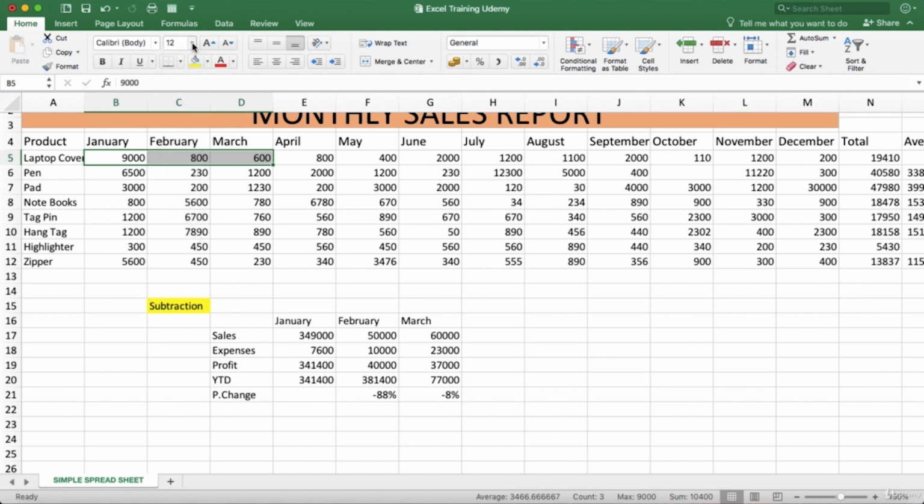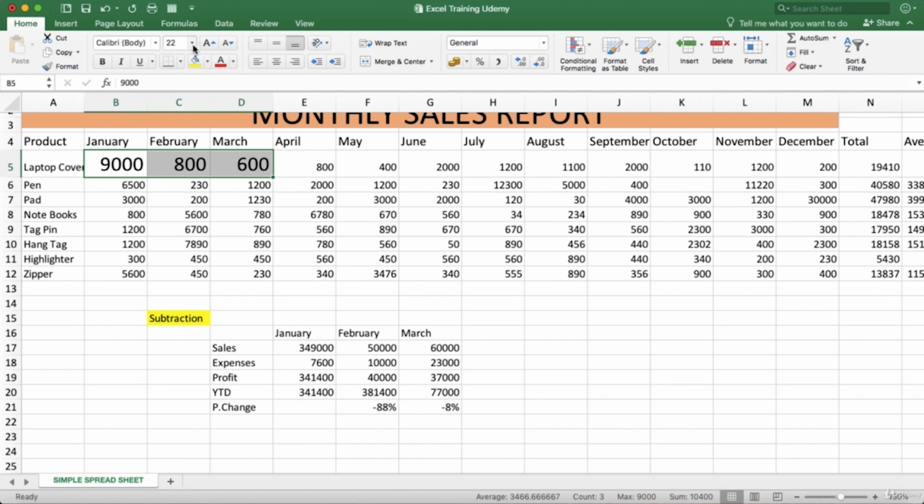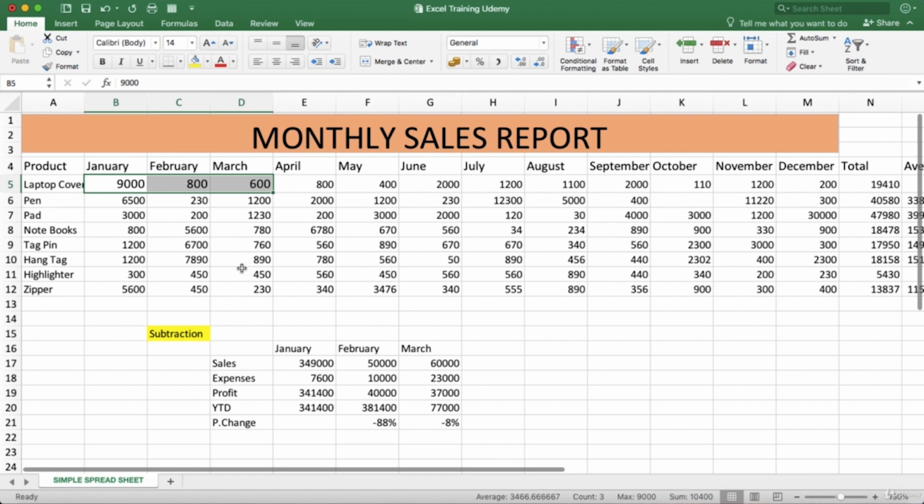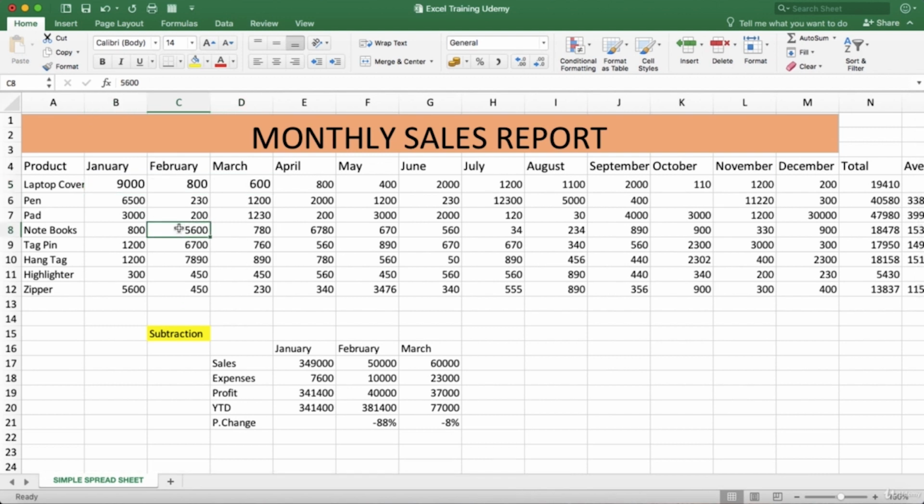After that, if you want to change the size of the fonts, like these are the different sizes. So click on the cells that you want to change the size, then here you can change the sizes in different ways. I'm just showing you one way. So after that,